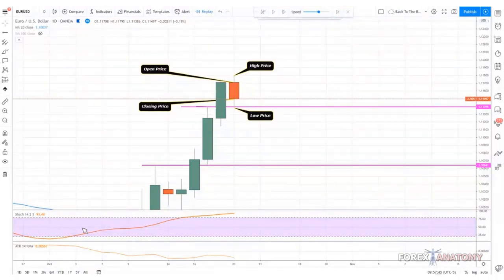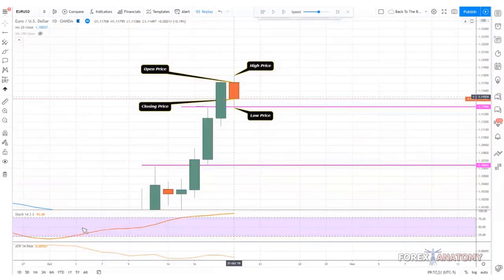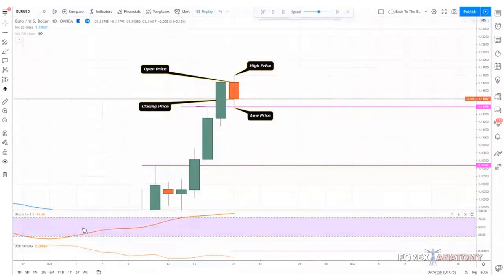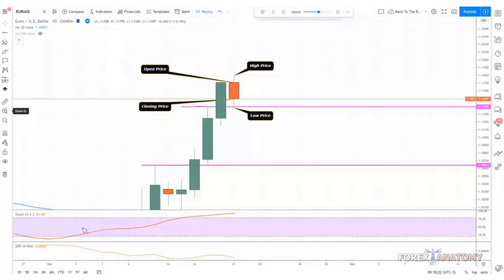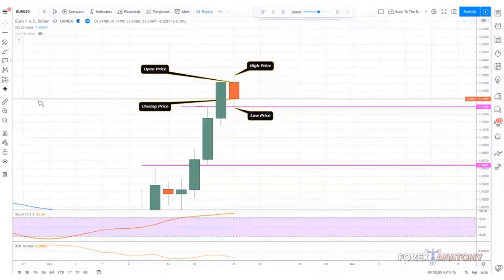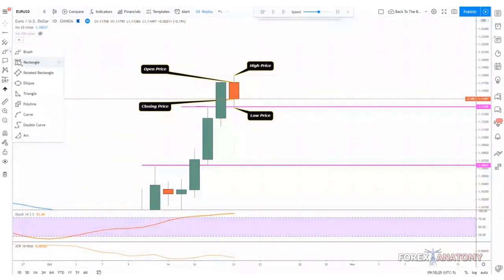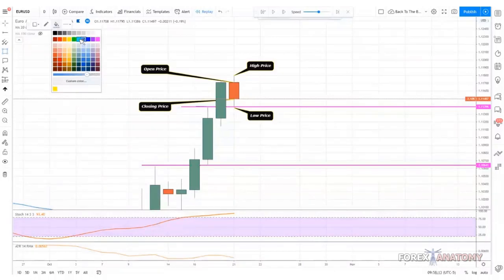On the 1 hour chart, each candle represents 1 hour. So for this specific day, which is a 24-hour period, if we drop down to the 1 hour chart, we should see 24 candles. Yep, exactly. On this day, we should see 24 candles. So what I'm going to do is highlight this candle, zoom in, and we're going to see clearly that we have 24 candles. Let me make this yellow.